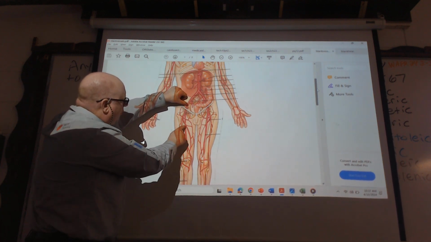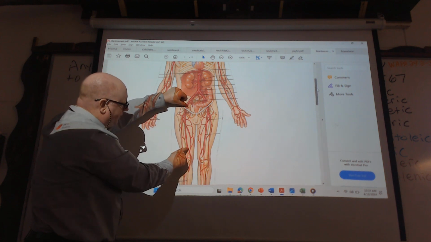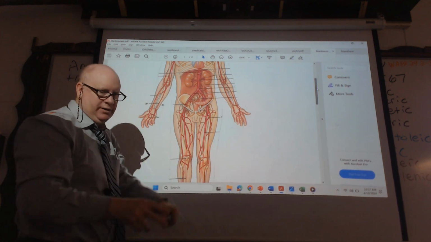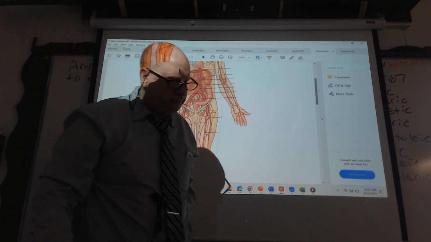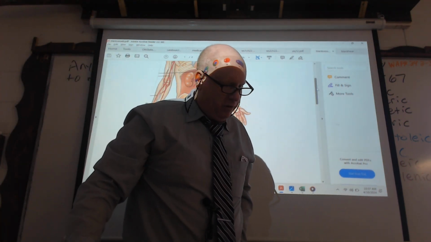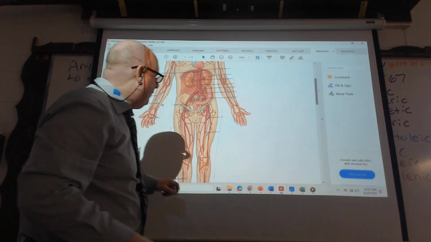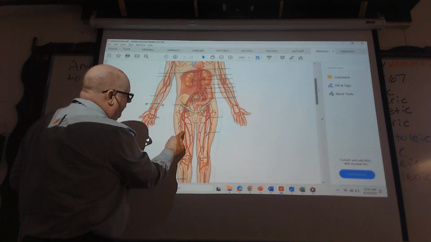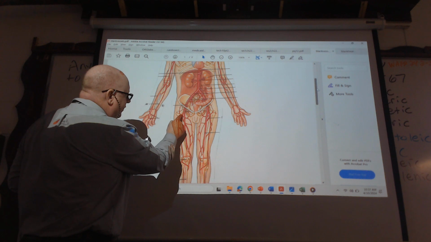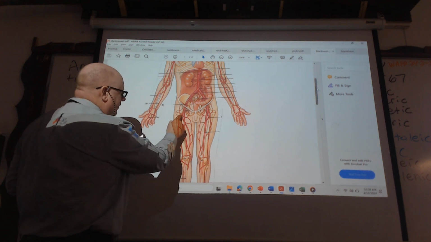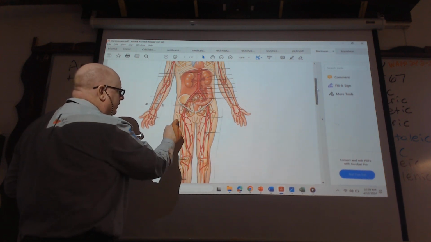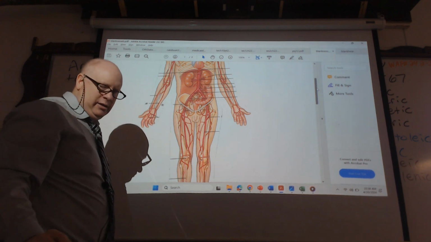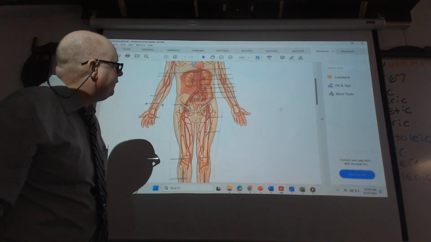What artery are we talking about here? What would that be according to what you see on 602? That would be the femoral artery, okay? Then what is it that we would see branching off of this femoral artery? That is the deep femoral artery, okay? And then once we get further and further down,